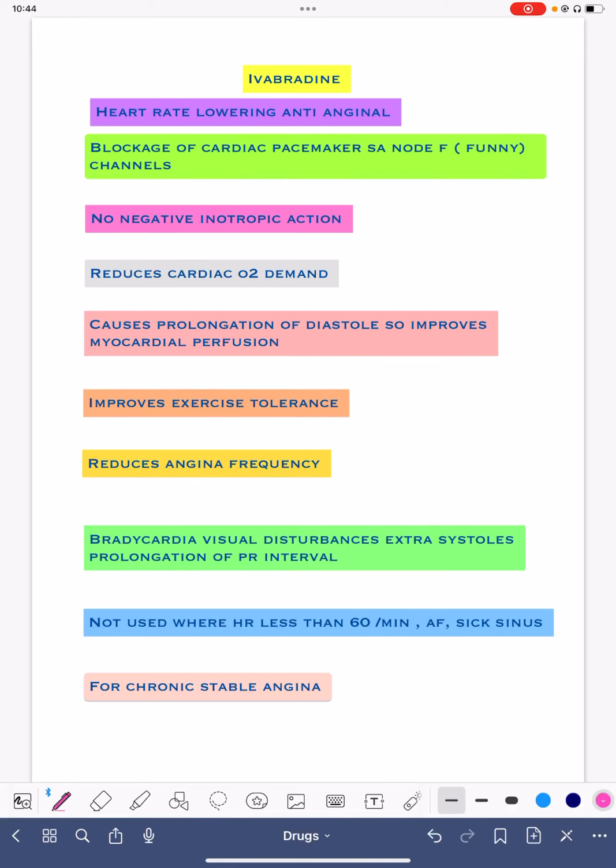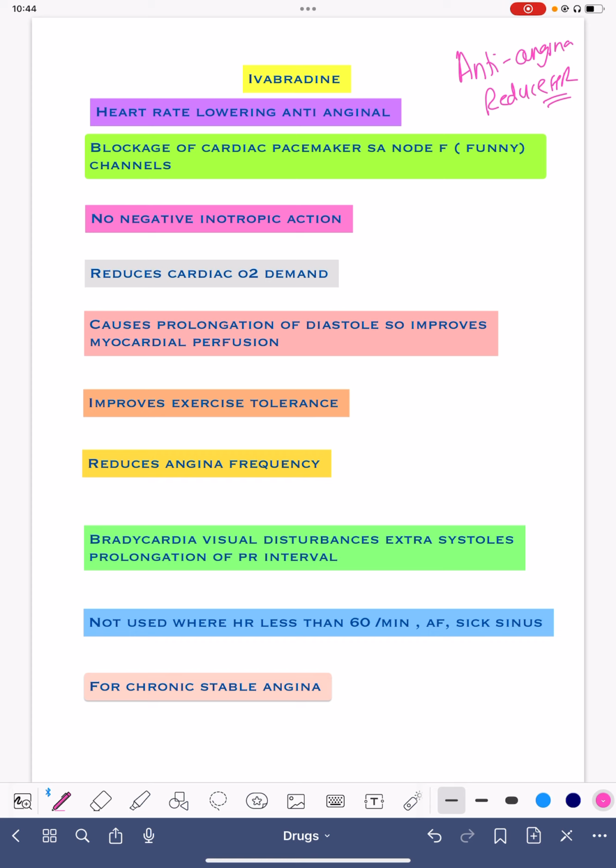So today we'll be talking about the medicine called Ivabradine. Now, Ivabradine is one of the most important drugs in cardiology because it is not only anti-anginal, but it also reduces the heart rate. Now, we know that the patients with acute coronary syndrome or MI, STEMI, or stable angina,